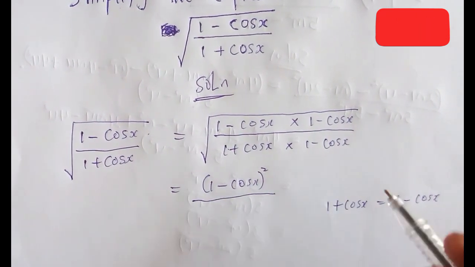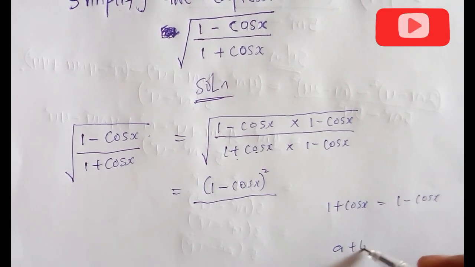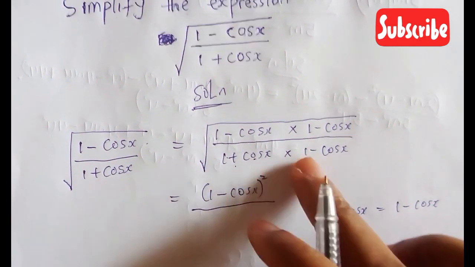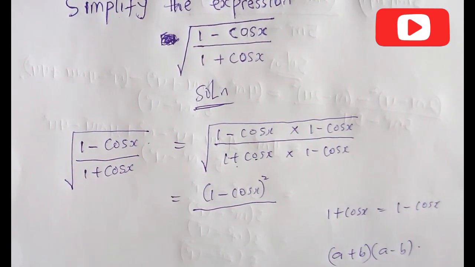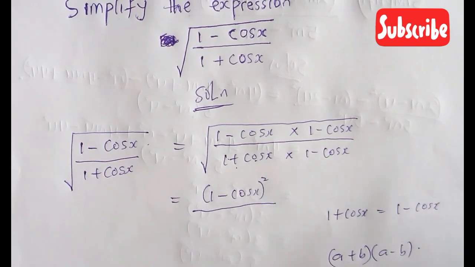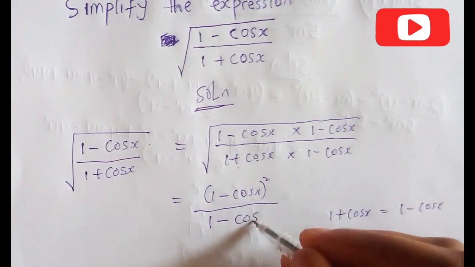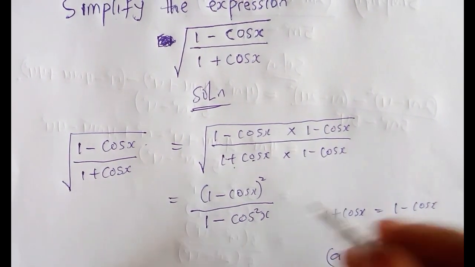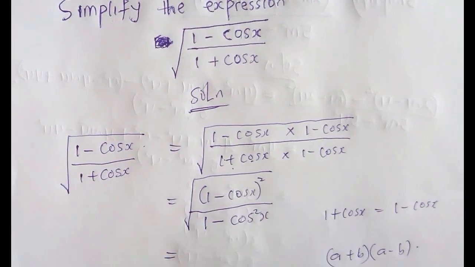all over, this is a difference of two squares, (a plus b)(a minus b), where a is 1, b is cos x, and this is equal to a squared minus b squared. A is 1, so 1 squared is 1. I'm going to have 1 minus cos squared x, and remember there's a square root, and this gives us